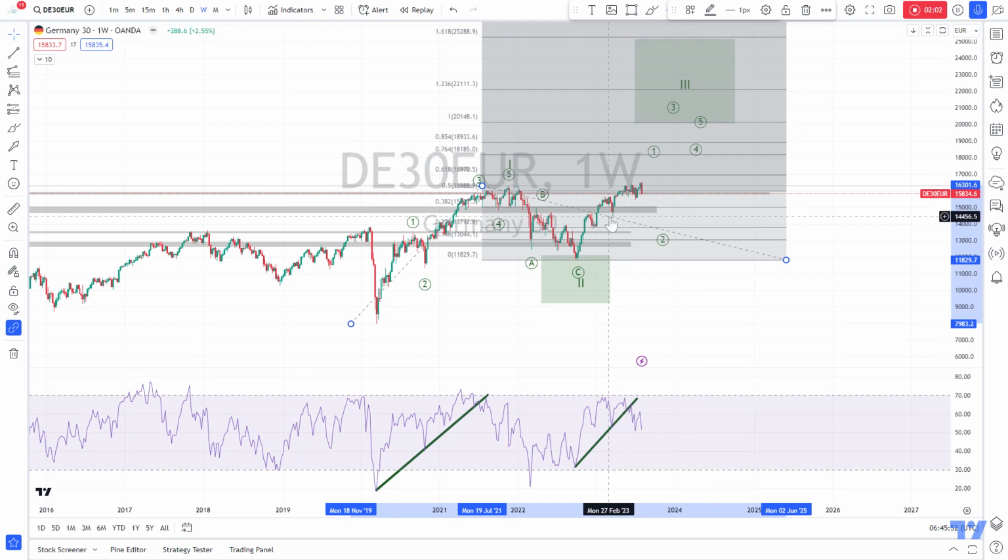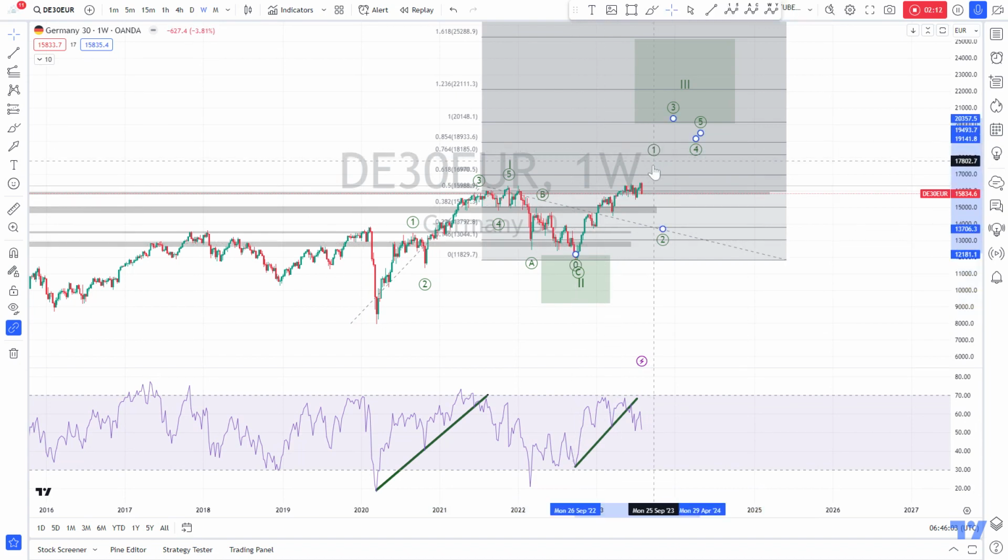Of course, we will not go there as a straight line. We are supposed to see here again five waves. So, and I believe we are now working on this wave one, or we did this wave one, or we are close to end this wave one. So this is what is happening here, I think, in the primary scenario.